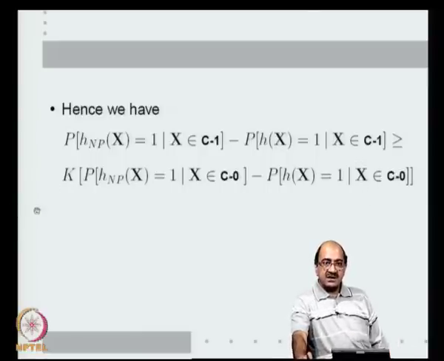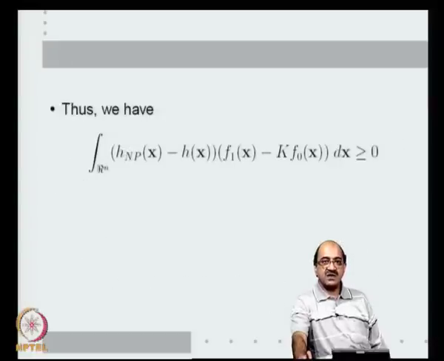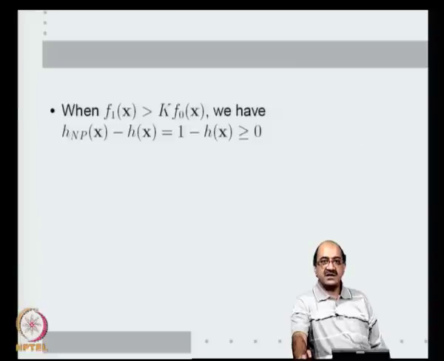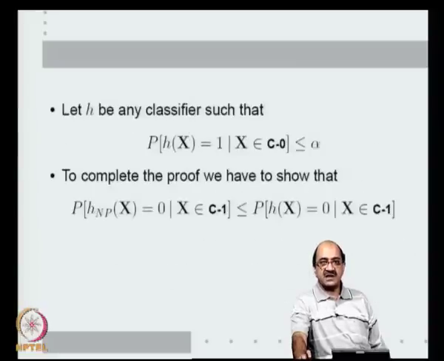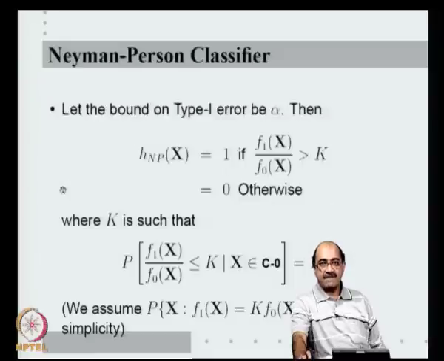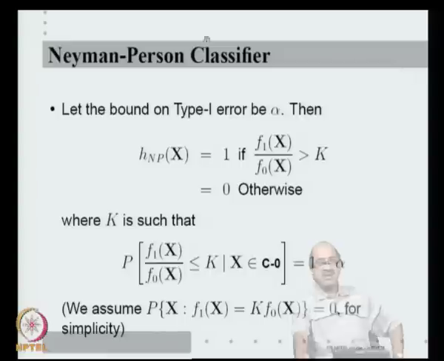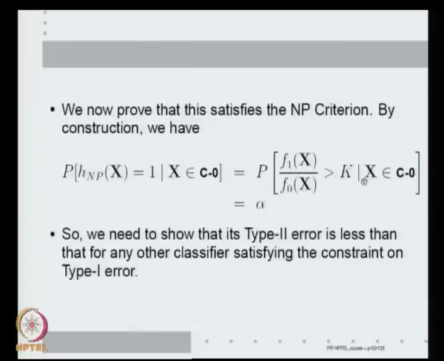Let us also remember that this factor k will always be positive, right, because there are two ways of looking at it. k is defined by the definition of the Neyman-Pearson classifier. Because both f1 and f0 are density functions, they are always positive. So, this ratio is always positive. So, if k is negative, the condition is forever satisfied. So, that is one way of looking at it. In any case, because this is some positive function of x and we want it less than or equal to k, it has to have some positive probability, so k has to be a positive number, right. Given that k is a positive number,